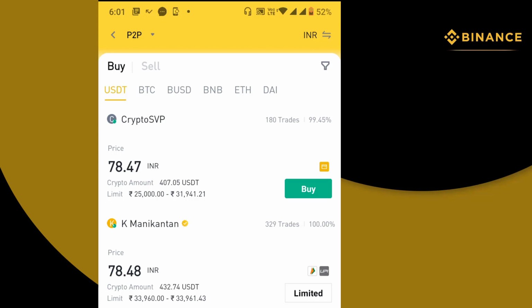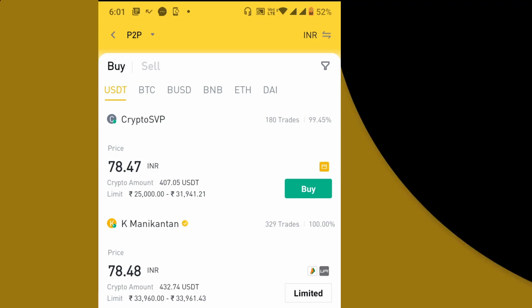So we cannot buy for 100 rupees, 200 rupees, even 10,000 we cannot buy from this guy. Because of that we cannot buy any smaller quantity with him. And also the payment method, if you look here, which is mentioned a bank transfer, the symbol is a